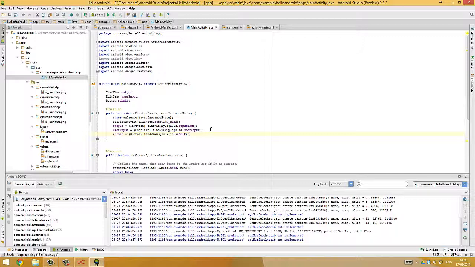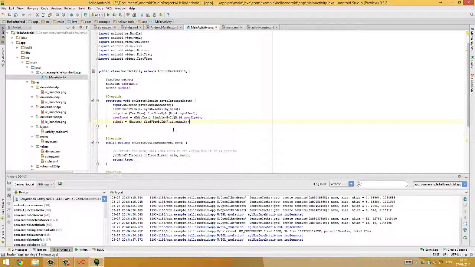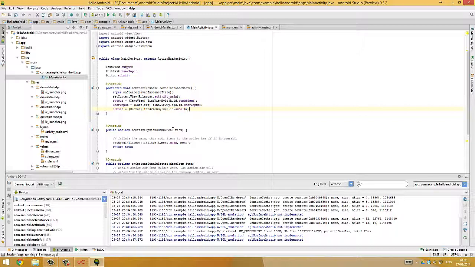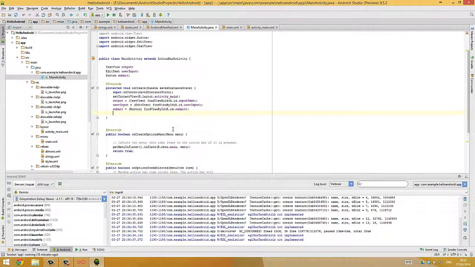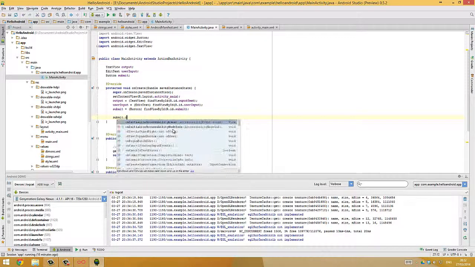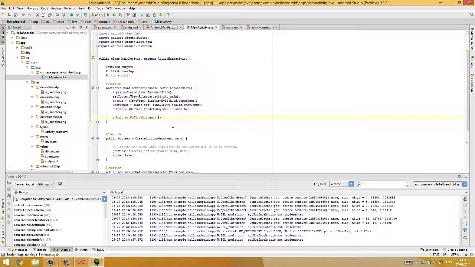Okay, so now what we have is 3 active UI elements, and we have them assigned to the variables that we have up here. So we don't actually need to do anything at the moment except implement our submit button. So what we're going to do is submit.setOnClickListener, and then we're going to do new View